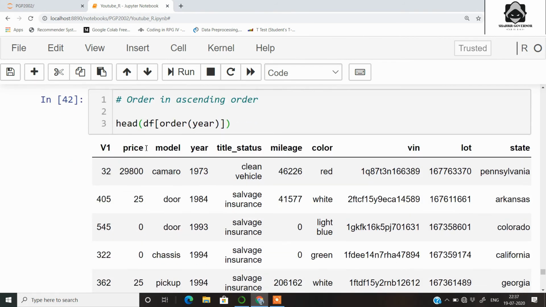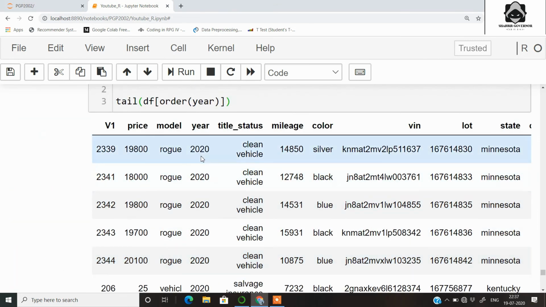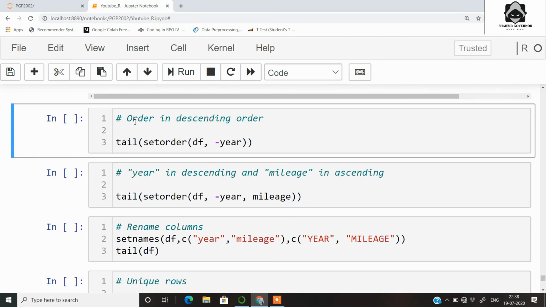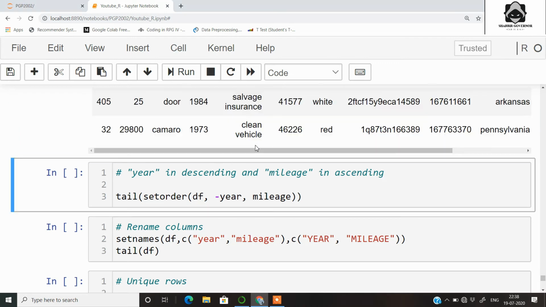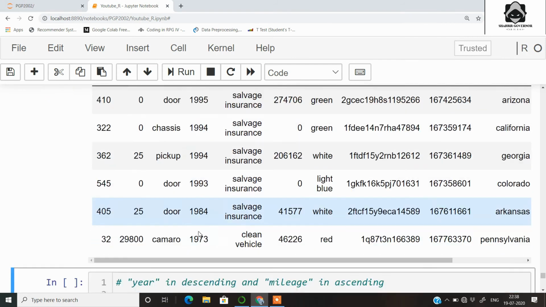So now if you want your records to be in ascending order, you need to give df order year. If you type head on this, you will see the year, that is 1973, getting increased. And now if you want to check for the last record, we write tail year. So you can see here that we have the maximum year, that is 2020, in the same data frame. To get everything in descending order, we just need to write a minus symbol here, so this will give us everything in descending order. Now you can see upon typing tail of minus here, we get the smallest year.